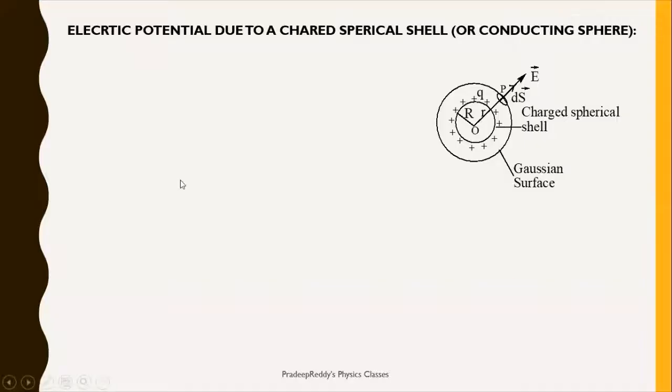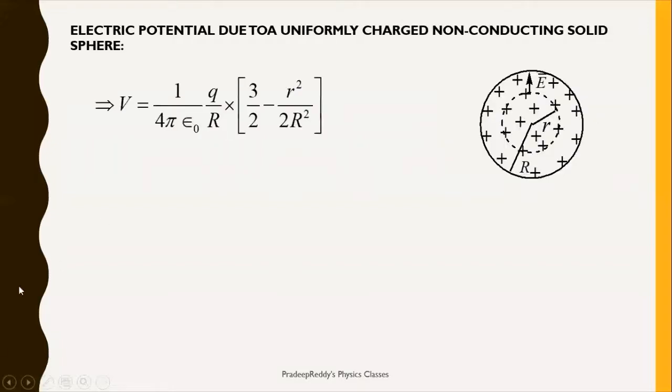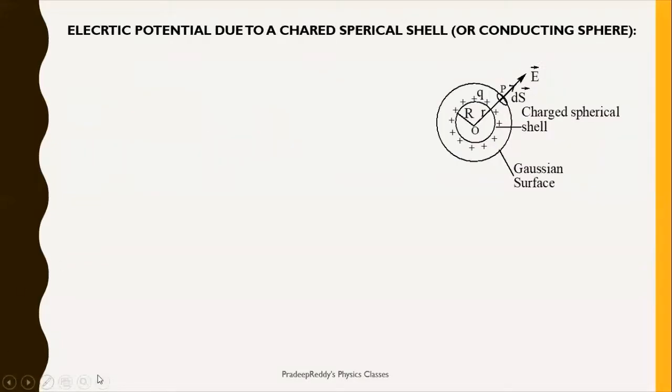On this slide, we can find out the electric potential due to a charged spherical shell, which is a conducting sphere. So in the case of a conducting sphere, as we have already learned, there will be no charge inside the material; only on the surface there will be a charge. So remember that for a conducting sphere,